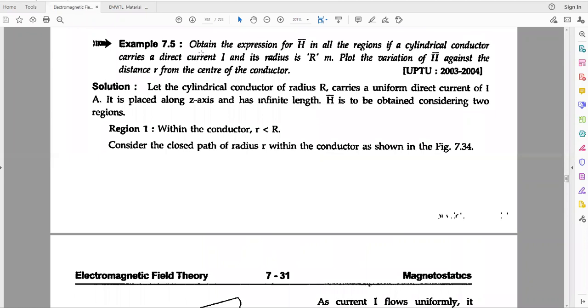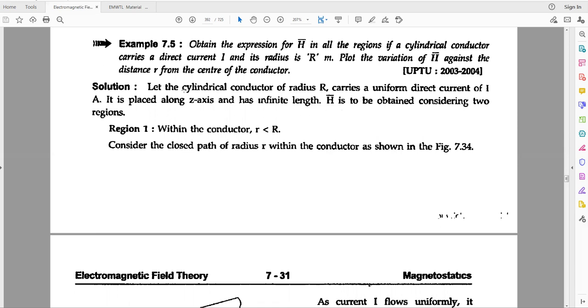Obtain the expression for H bar in all the regions of a cylindrical conductor carrying a direct current I, and its radius is R. Plot the variation of H bar against the distance r from the center of the conductor. So they are asking us to obtain the expression for H bar in all the regions of the cylindrical conductor carrying the current I, with radius R, and plot the variation of H bar against the distance r from the center of